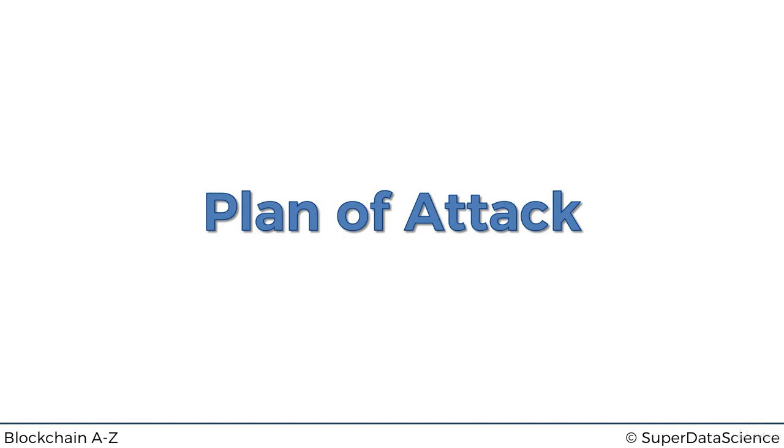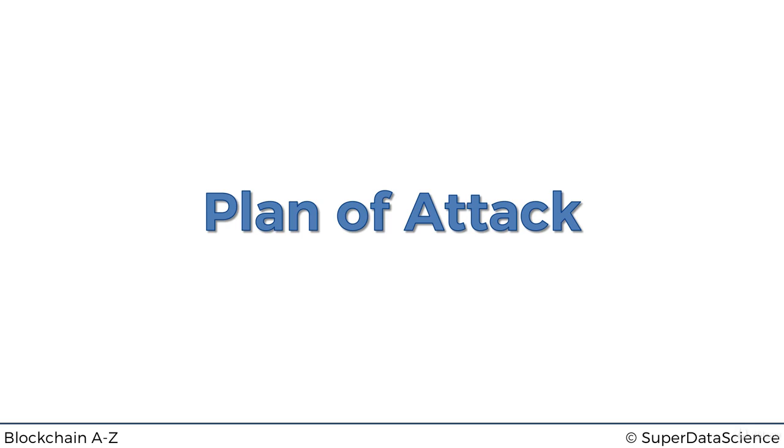I'm super excited to kick off this first section, and we're going to start it off with a plan of attack. And so the question is, why do we need a plan of attack? Well, the reason is that blockchain is not complex. I was so surprised myself. It's not as complex as artificial intelligence or machine learning or those other technological topics that exist right now. But at the same time, there are so many different components of varying complexity in blockchains, and it is important, and this was probably the biggest challenge for me, to put these components in the right order to facilitate very quick understanding and mastery of this